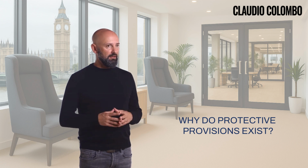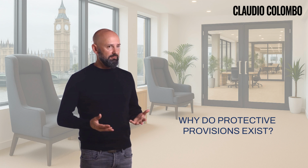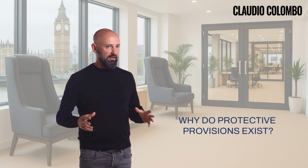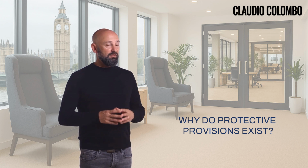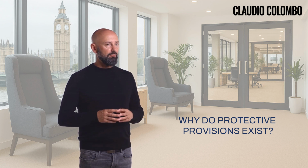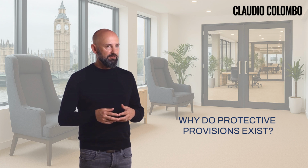Without these provisions, founders could make significant business moves, like raising a risky round of funding, selling the company at a low valuation, or issuing too many stock options without input from the investors. While investors don't run the company, these provisions act as a safeguard, giving them confidence that their capital is being managed responsibly. It's all about finding a balance where founders maintain control, but investors have enough protection to feel secure